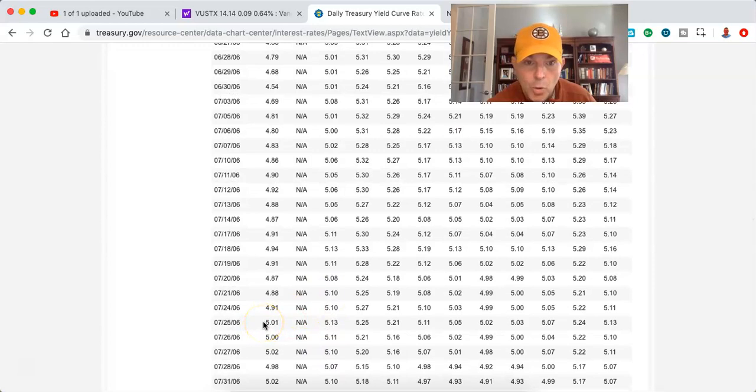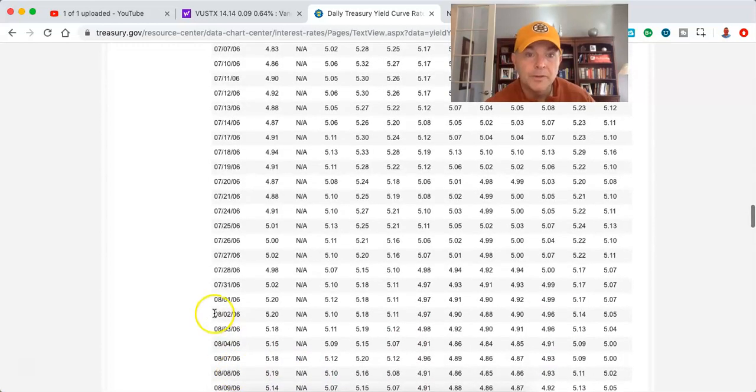Right here, 5.01 on the short term, 5.07 on the 10. Right here, July 2006, 4.99. And look, they start reissuing 30-year bonds again, by the way. 4.99 on the 10-year and 5.02